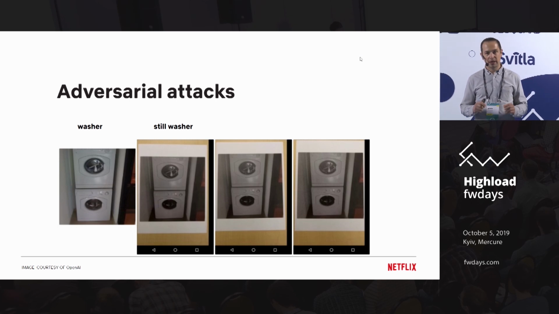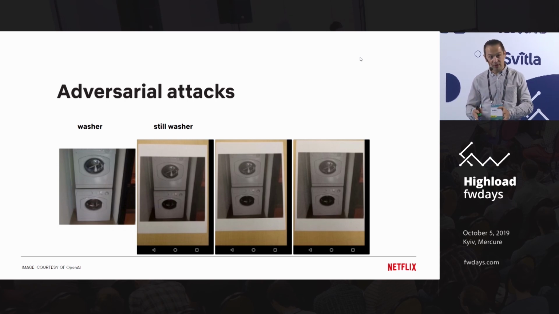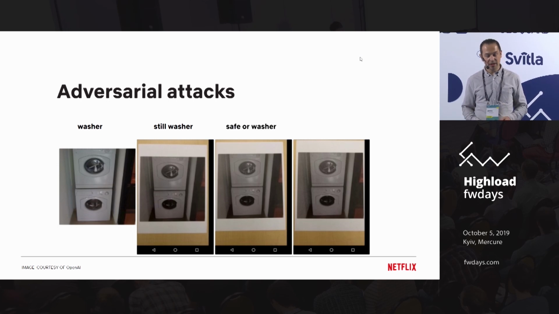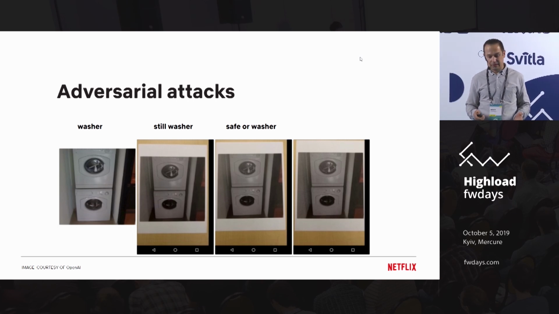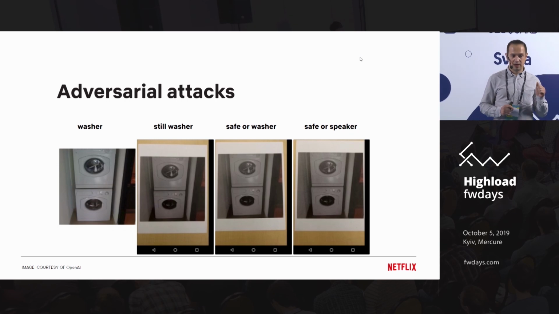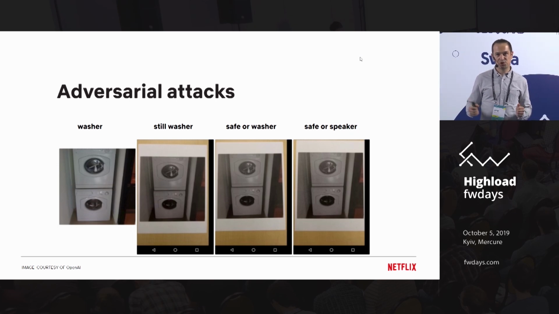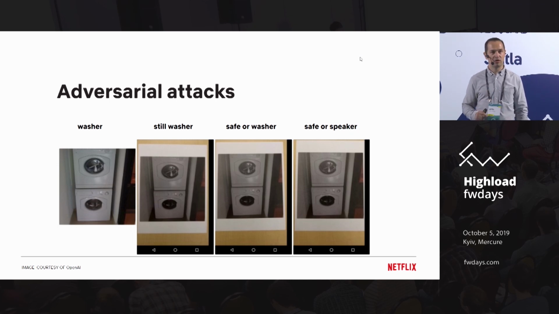Now, the third one is actually the first image with some specifically crafted noise, then printed and pictured. And it happens to be a safe or a speaker. Washer is not even part of the picture. There are both white box and black box versions of this attack. If I know the details of the neural network, I can make it behave as if it was a gun or as if it was a panda, whatever.